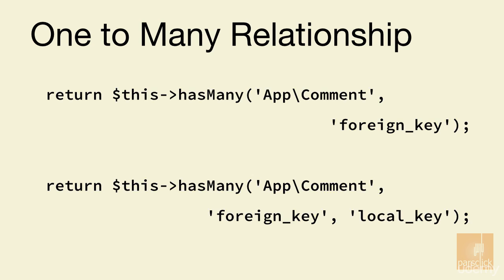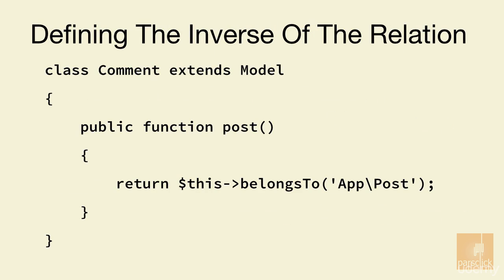Now that we can access all of the post comments, let's define a relationship to allow comments to access the parent post. To define the inverse of the has_many relationship, define a relationship function on the child model, which calls the belongsTo method. So since you have has_many, you need to use the same exact step inside another model or another related table,